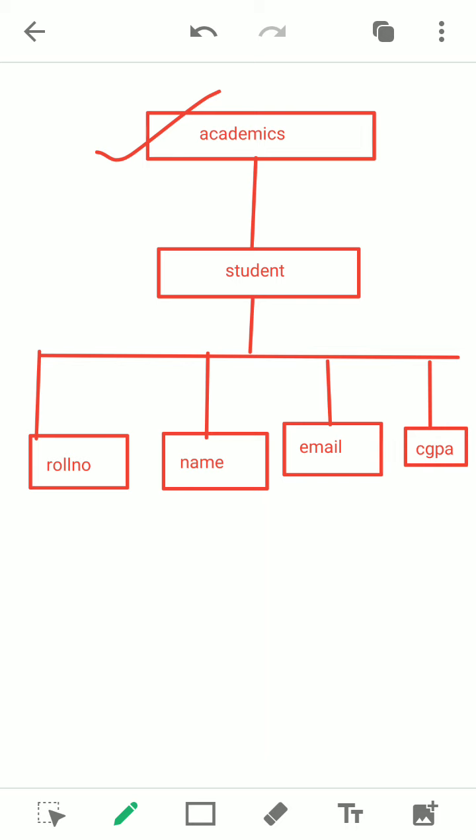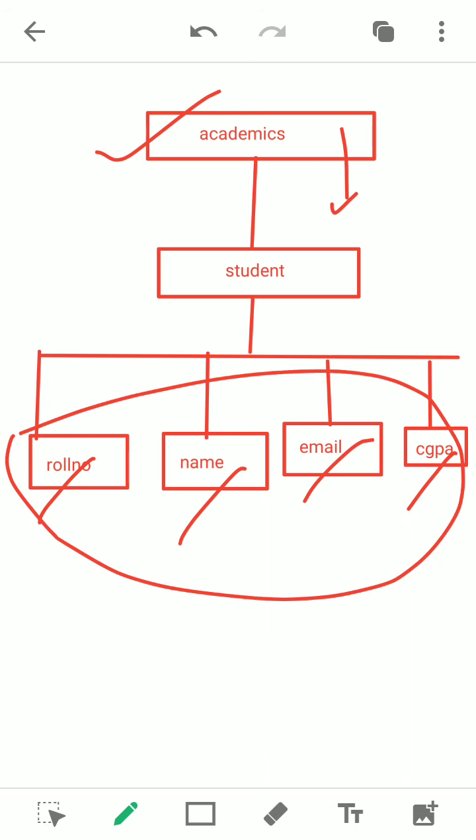Where it closes, you have to check whether there are other elements within it. If there are, they come under that element. Like student under academics, but under student these 4 elements are there, so they should not go under academics, because they are the children of student.